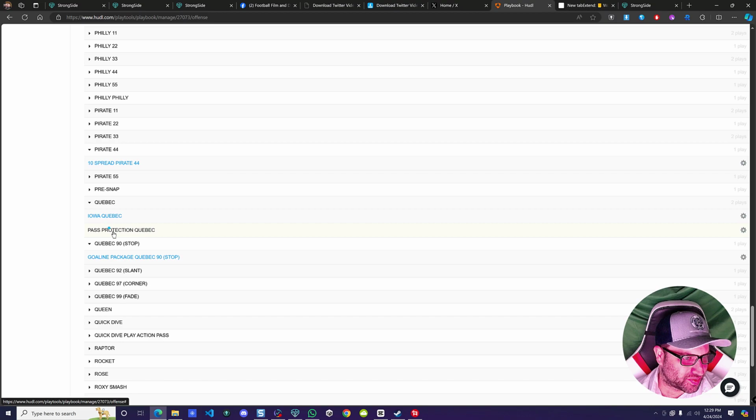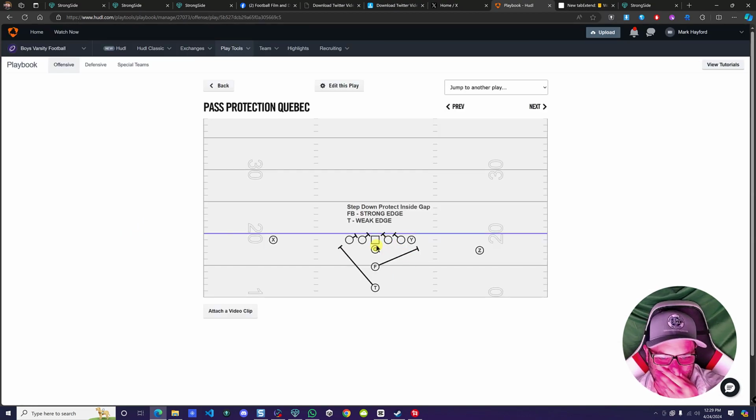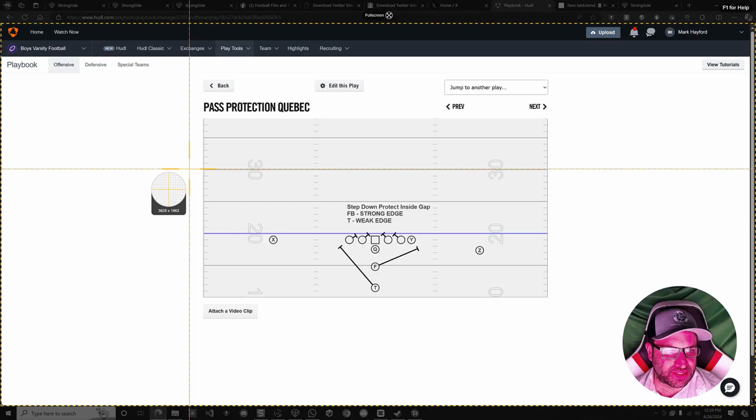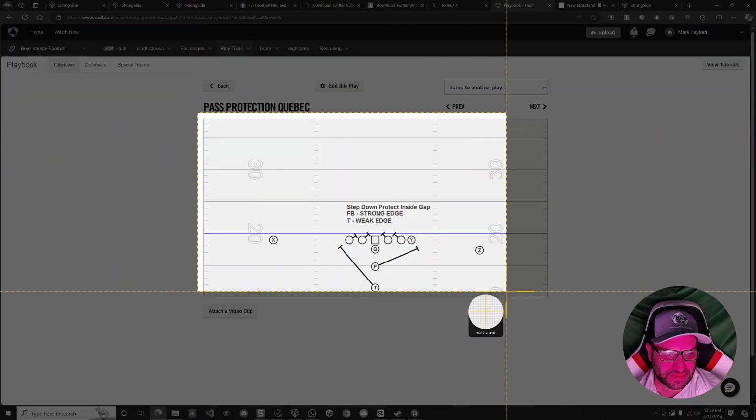Let's see if I can do pass protection. Quebec. All right, so our pass protection out of Quebec is just your basic, I think people would usually call it your 90 pass protection. We're making sure we cover inside gap, and we have these guys. So let's see. I'm going to take this,